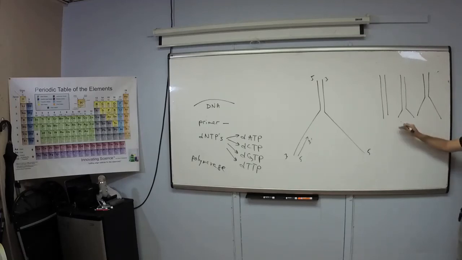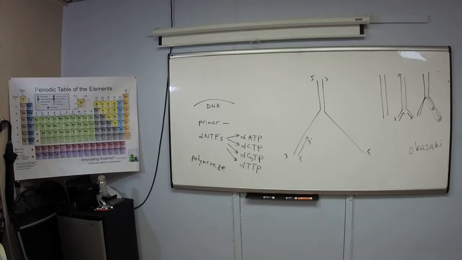When this opens up, let's say this chain is 3' to 5'. You're going to start copying in this direction, and as it gets wider, you'll just keep copying in that direction, right? But on the other way, you have to copy in this direction. So once you copy in this direction, when the opening gets wider, you have to detach and reattach and keep copying this way. So there are these little fragments called Okazaki fragments,